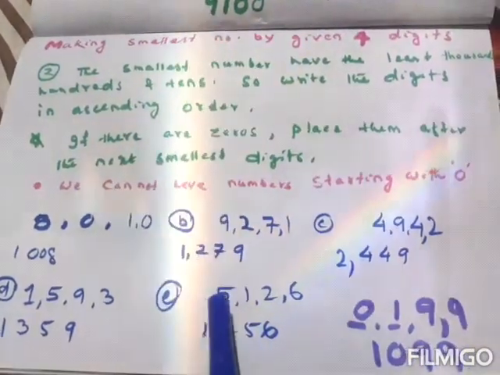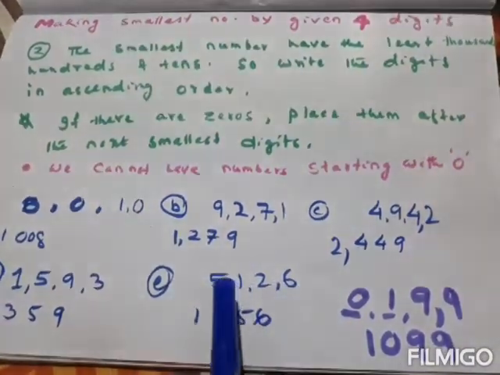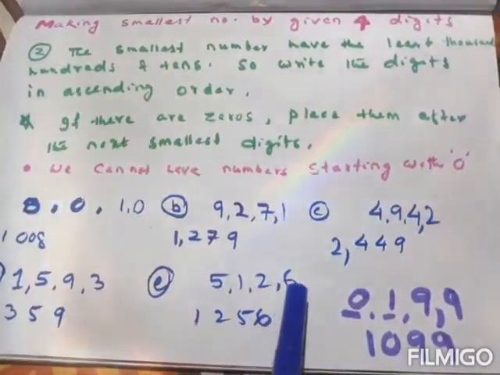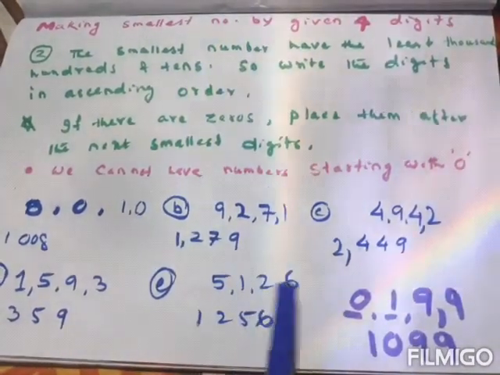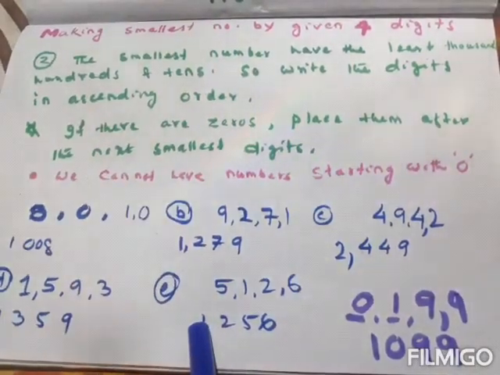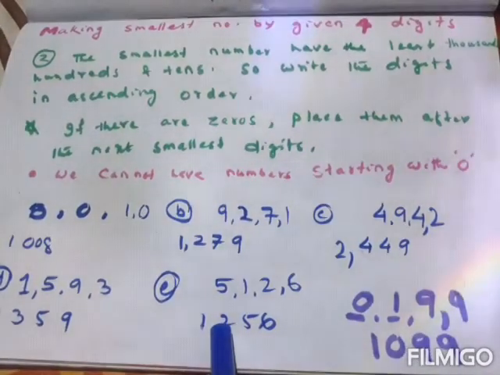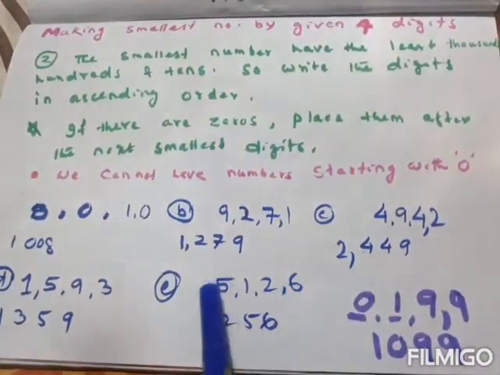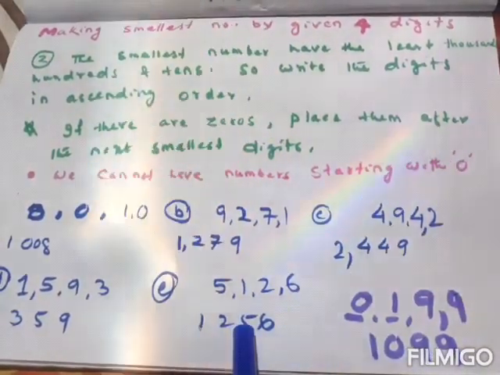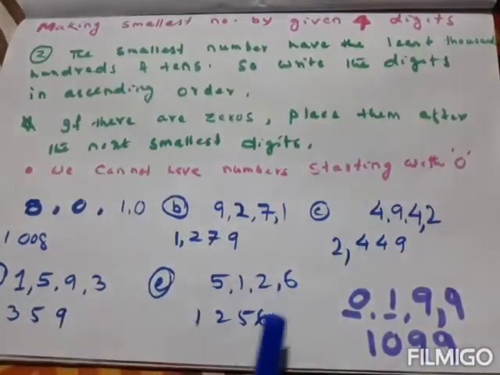Here is one more example, 5126. Okay children, among 5126, which is the smallest one? 1. So I write it down, 1. Then 2. Yes, 2 I have written here. Between 5 and 6, which one is the smaller one, children? 5. Finally 6. So using 5126, the smallest number is